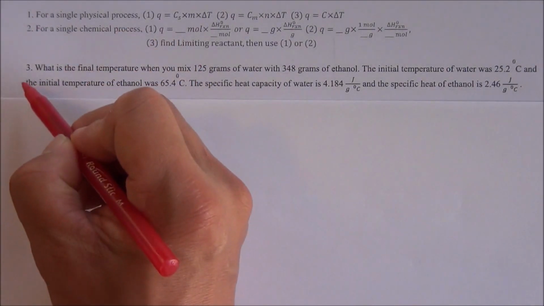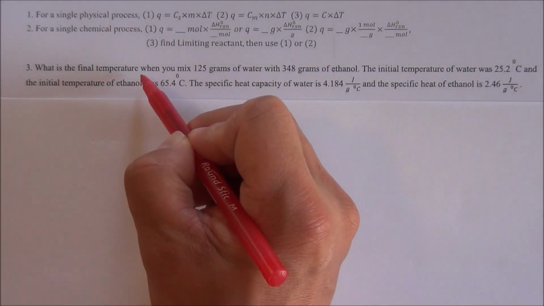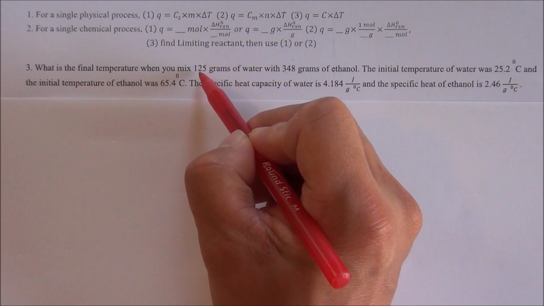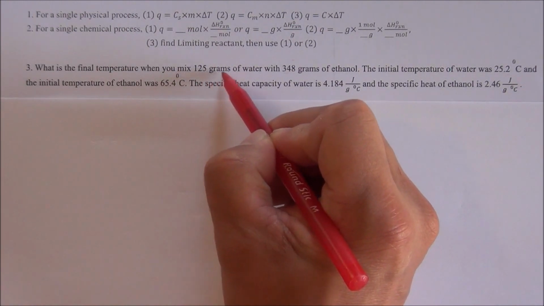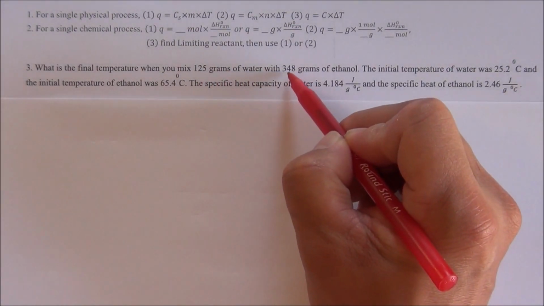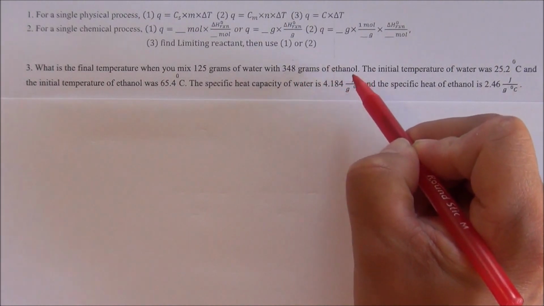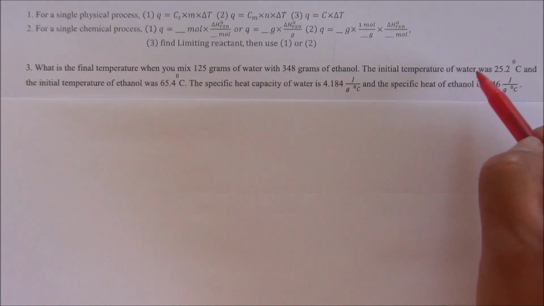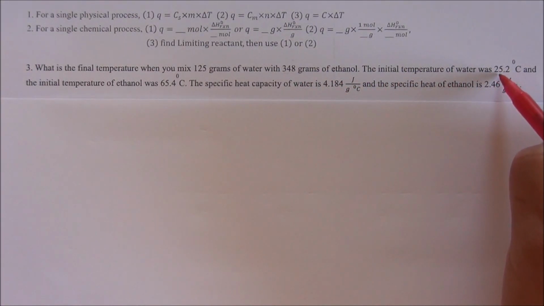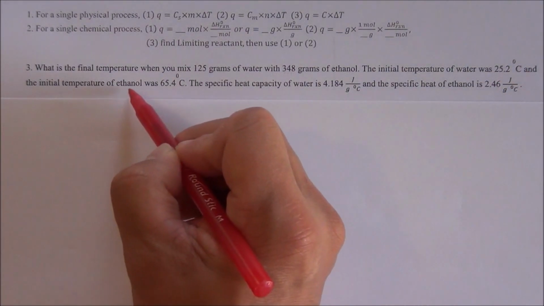Problem 3. What is the final temperature when you mix 125 grams of water with 348 grams of ethanol? The initial temperature of water was 25.2 degrees Celsius, and the initial temperature of ethanol was